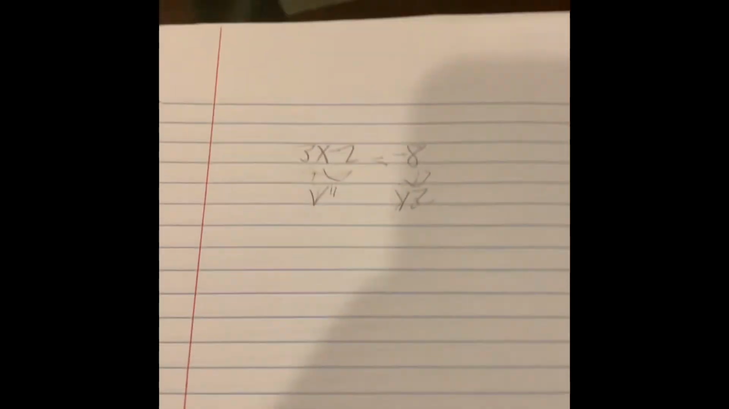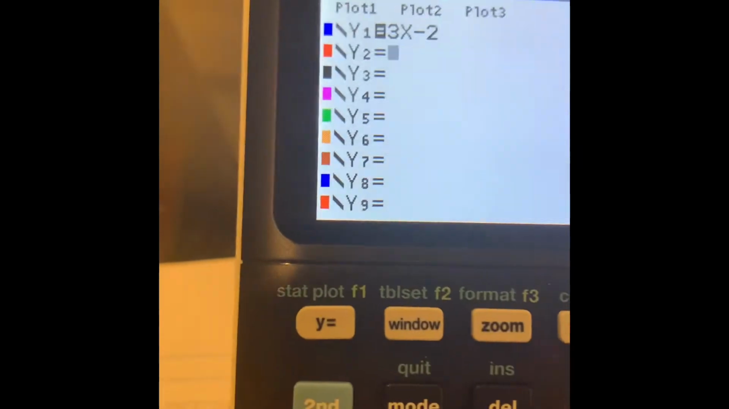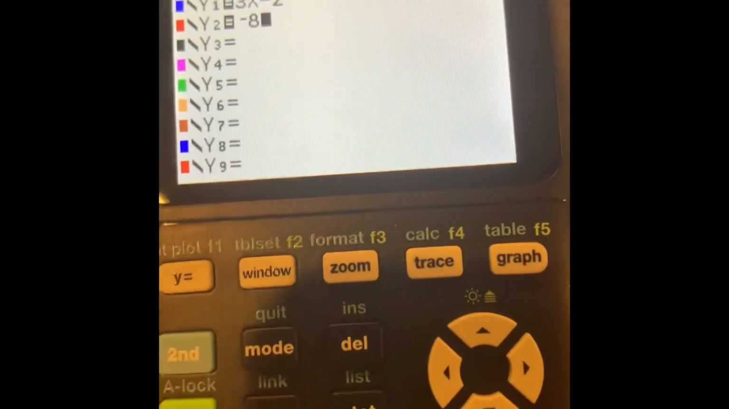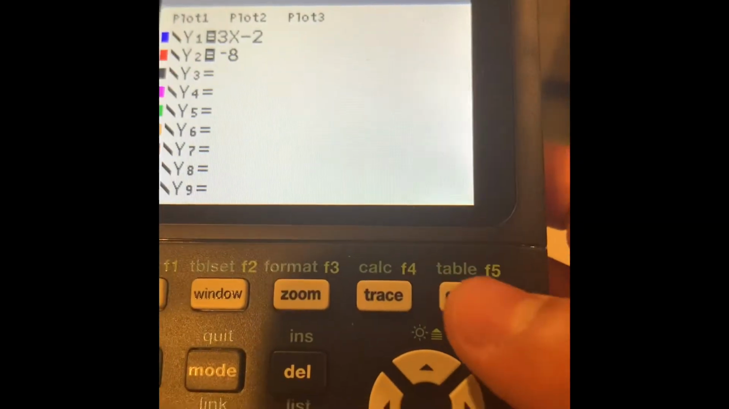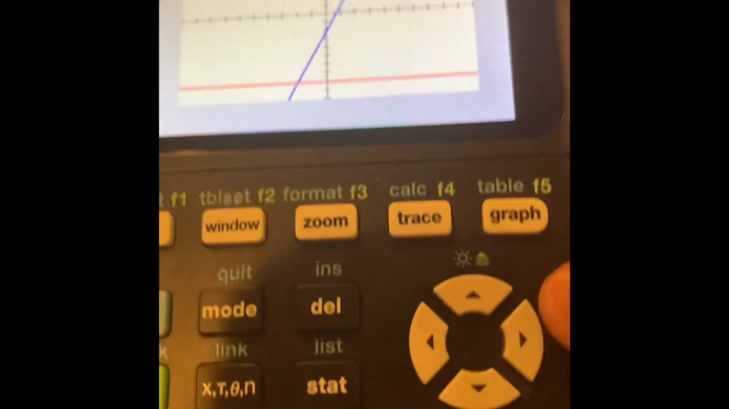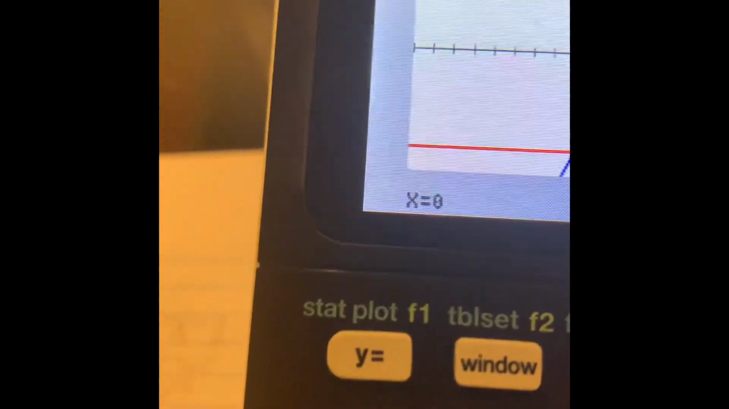Now let's plug these into a graphing calculator to find the values. So in y1 we will plug in 3x minus 2. In y2 we will plug in negative 8. And when you press the graph button here, it's going to graph the equations and the parts of them, and you will find out that the point of intersection on this graph, if I can just find it real quick,